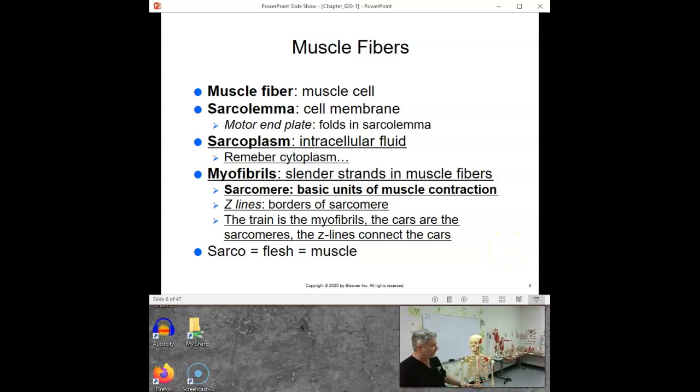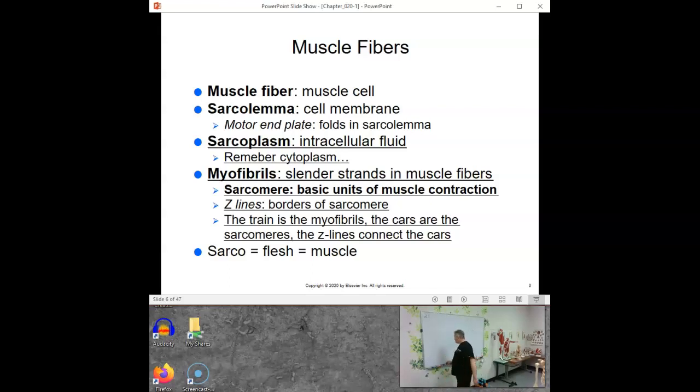First off, I want you to realize that muscles are highly specialized tissue. They're highly specialized cells that only do one thing. They only contract. That's all they do. And your muscles don't shorten as much as you might think. They shorten very powerfully, but not as much as you might think.